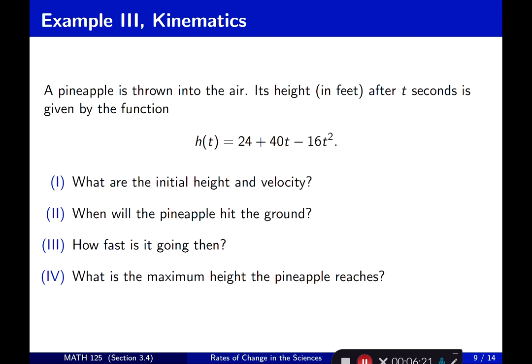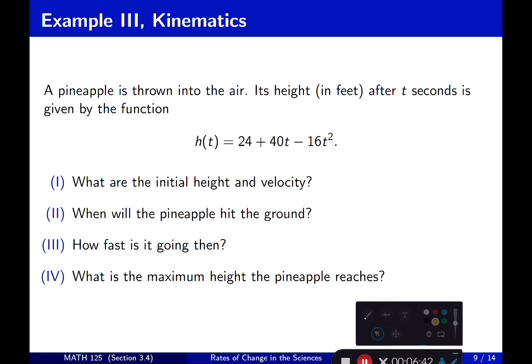Questions: 1, what are the initial height and velocity? 2, when will the pineapple hit the ground? 3, how fast is it going to be then? And 4, what is the maximum height that